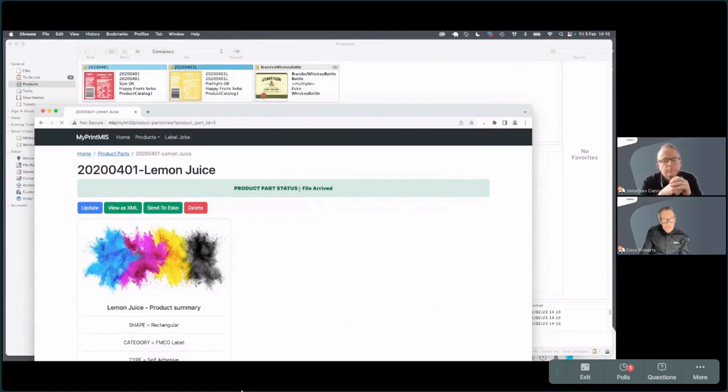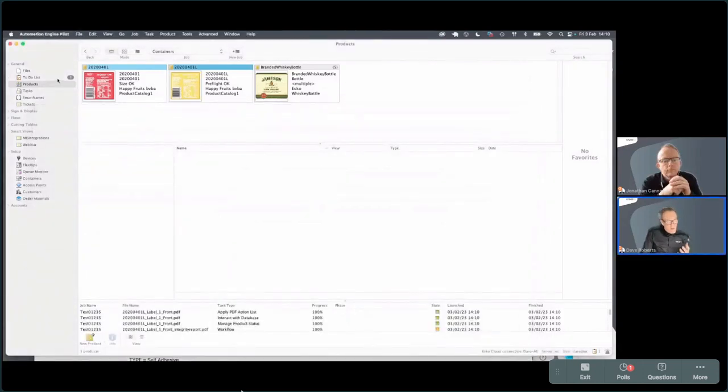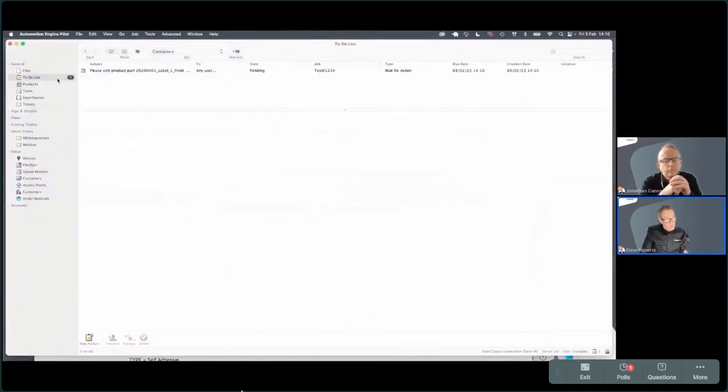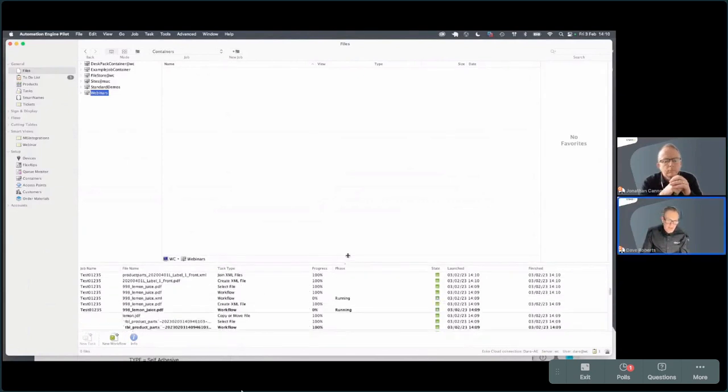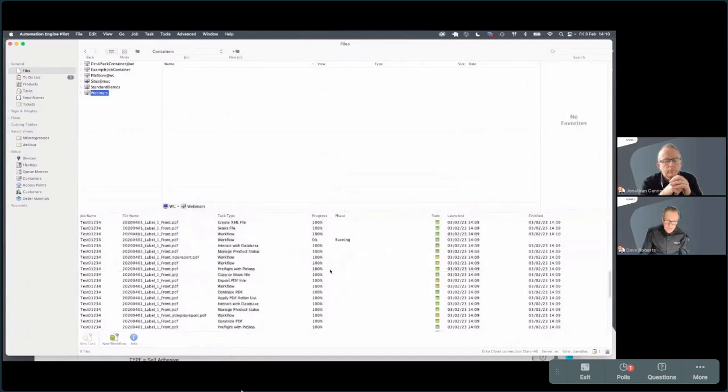Okay, so in a second, pre-flight okay. What's happening in the back is quite a complicated workflow, as some of John's were, but this is kind of an out-of-the-box workflow, if you like, or a white paper. So we've got lots of actions happening here down the bottom. You can see I've got a multitude of things happening: adding to products, optimizing, interacting with the database, pre-flighting with